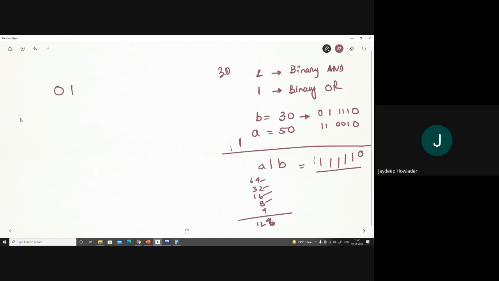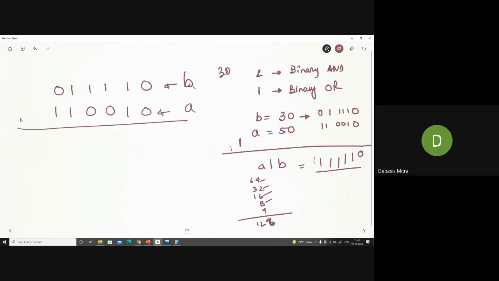This is 1, 1, 1, 1, 0. This is B. And A is written as 1, 1, 0, 0, 1, 0. So this is A. Now for every position there will be a bitwise OR. 0 OR 0 is 0, then 1, 1, 1, 1, 1.